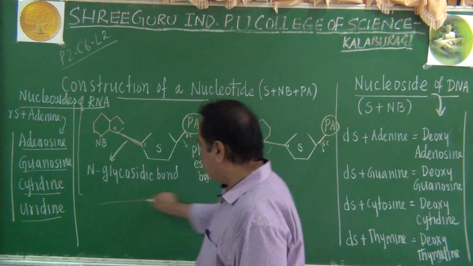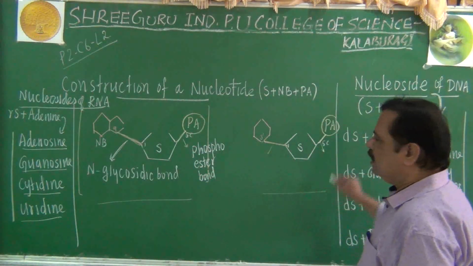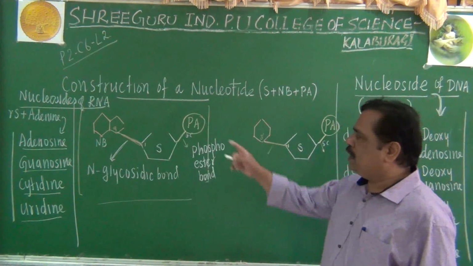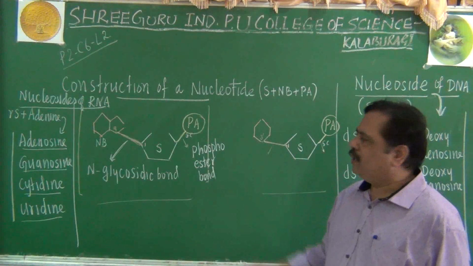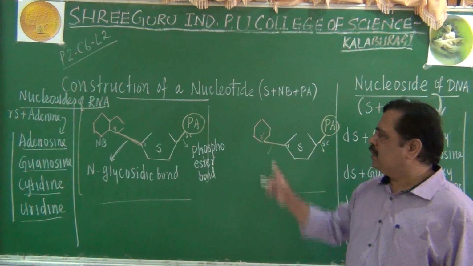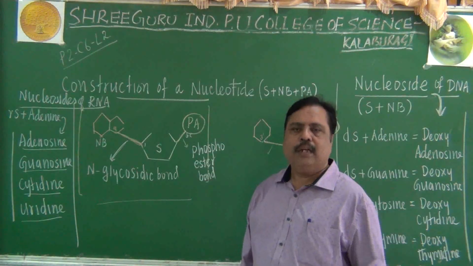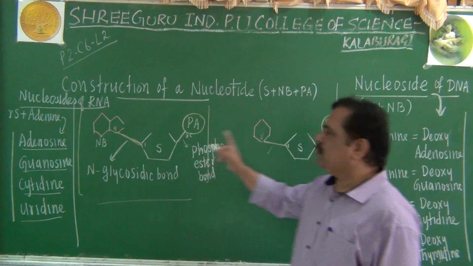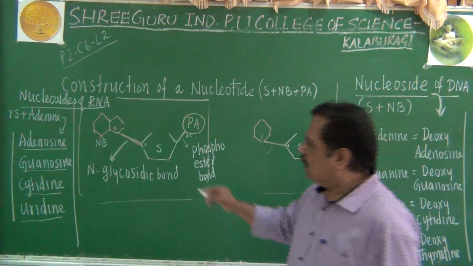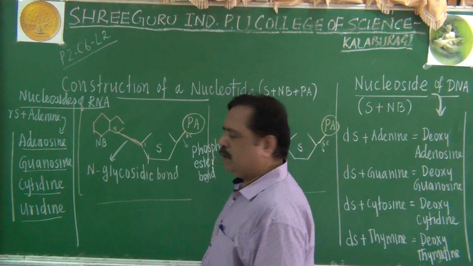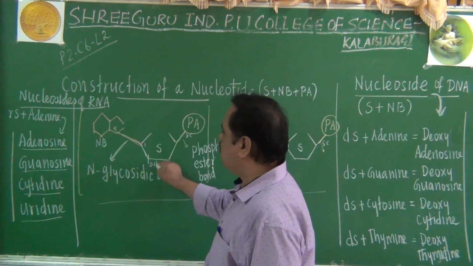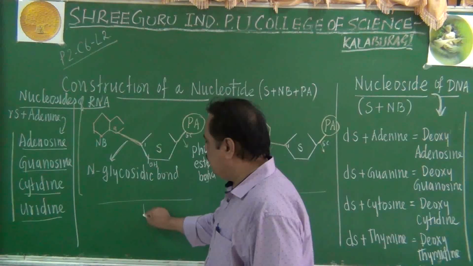This is one sugar molecule, one nucleotide. This is another nucleotide. By seeing the nucleotide, you can say what components are present in them. Here it contains purine, here it contains pyrimidine. Single ringed, double ringed, I can say. Suppose whether the sugar is deoxyribose sugar or ribose sugar, how to find out? Second carbon atom you have to check. If the second carbon atom has one oxygen group extra in it, then it is called ribose sugar.